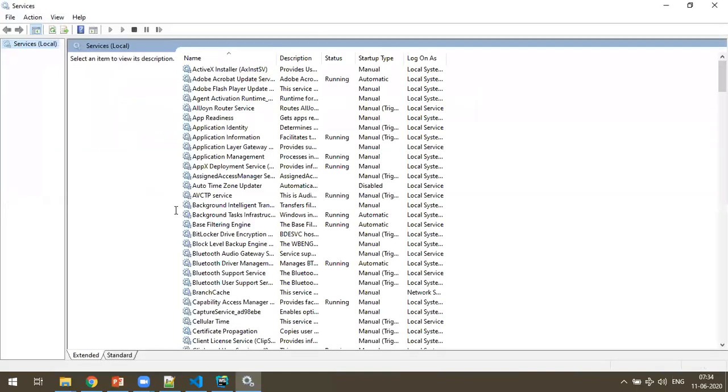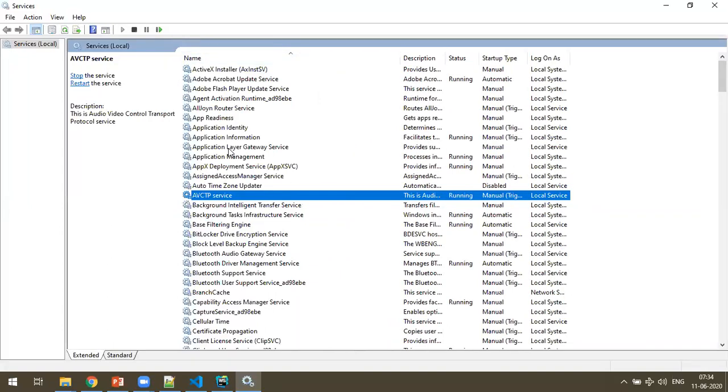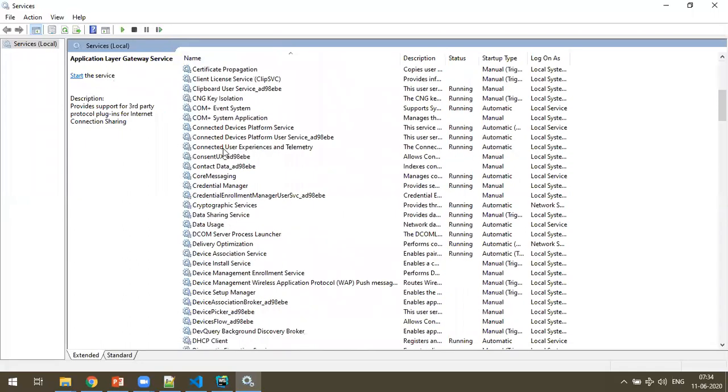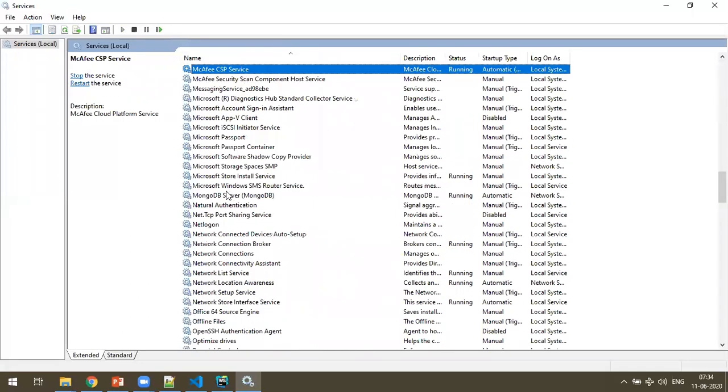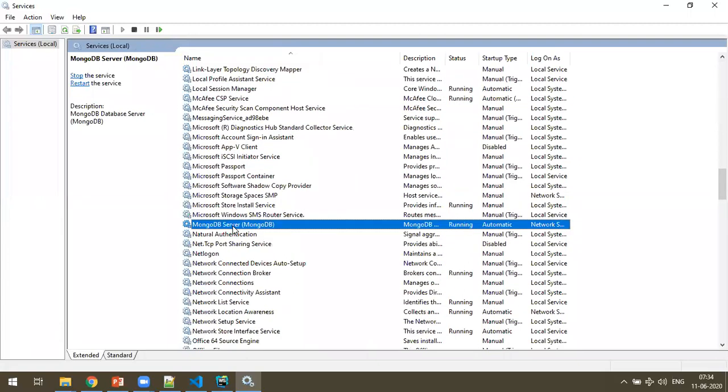I'll show you, because in future if you want to debug this, it will be very helpful. Select M for MongoDB. See, here MongoDB Server is in a running status.